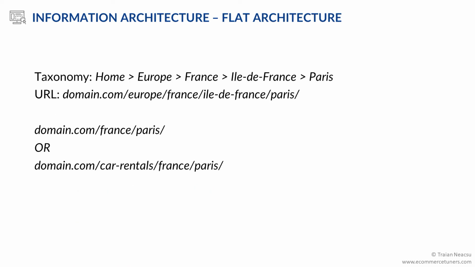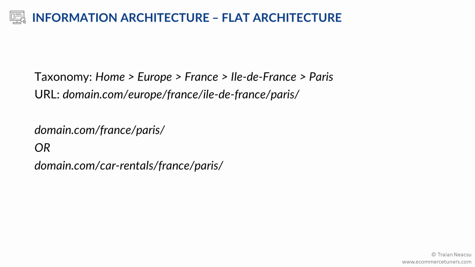It's not mandatory for URLs to replicate the exact website taxonomy, and here's an example. On hotel reservations websites, it's common to have a taxonomy based on hotel geolocations. The taxonomy of the website is Home, Europe, France, Ile-de-France, Paris. The corresponding URL for this taxonomy is domain.com/Europe/France/Ile-de-France/Paris. Even though the URL reflects the hierarchical taxonomy, it's too long and too difficult to type in or to